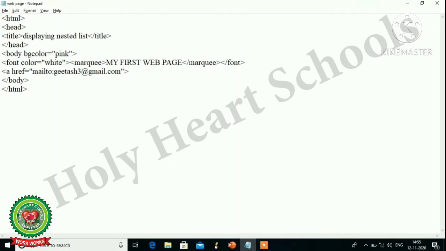Now here write down the hypertext, like here I have written this one, and then close the anchor tag. Save your work using Ctrl S. See the output.